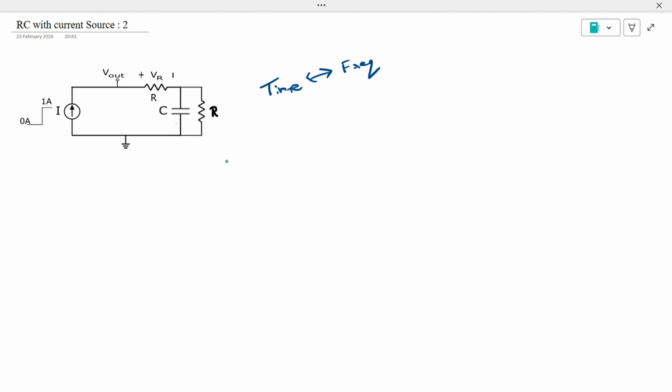First of all, we'll try to understand the capacitor. Capacitor impedance can be written as 1 by SC, where S is j omega, which is a frequency component, and C is the capacitance. This is the impedance of the capacitor. If we observe for omega is equal to 0 frequency, the capacitor will act as